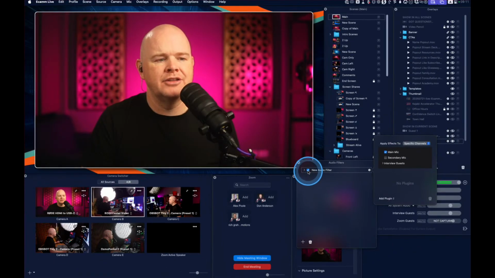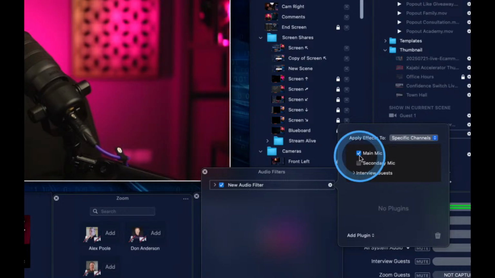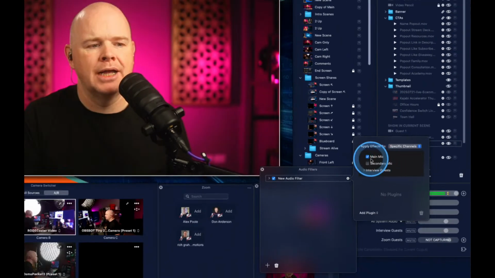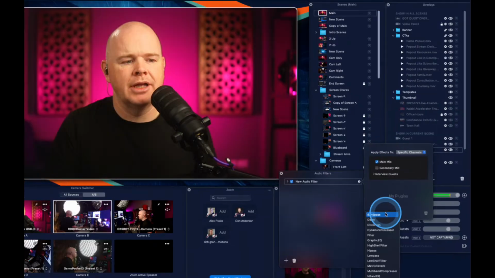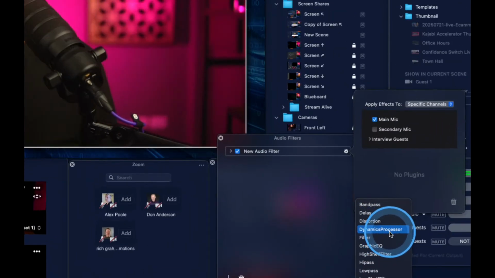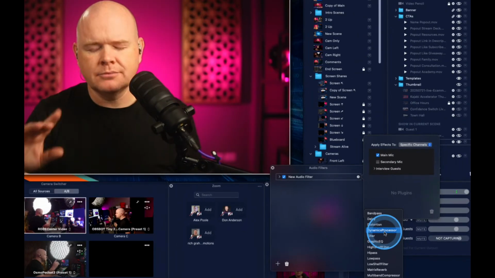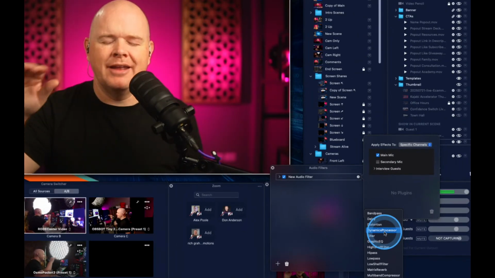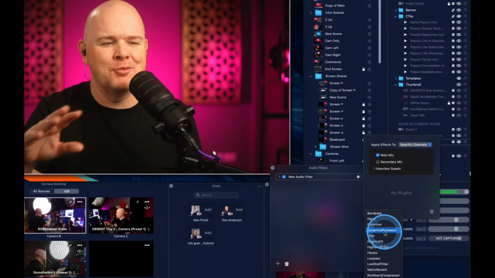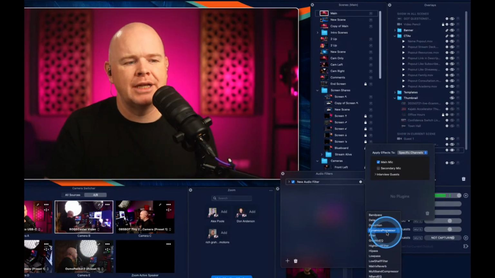So if I click on Add New Audio Filter, I can choose what I want to apply that to. Let's say the main mic. Now if I click on Add Plugin, we could add something like a dynamic processor, which is basically like a compressor. All of these technically are dynamic processors, because a dynamic processor effectively just affects certain pitches with respect to volume. But anyway, this one is